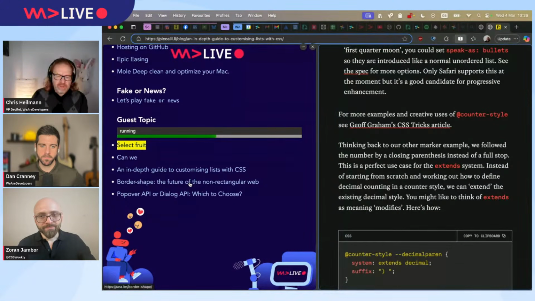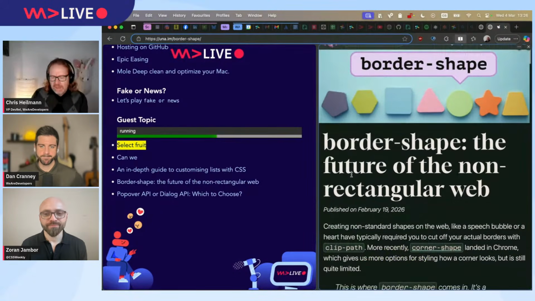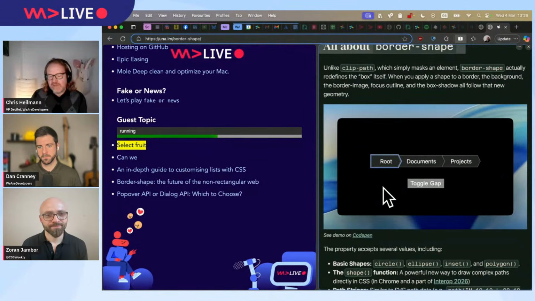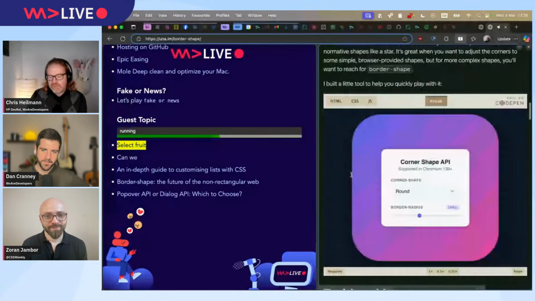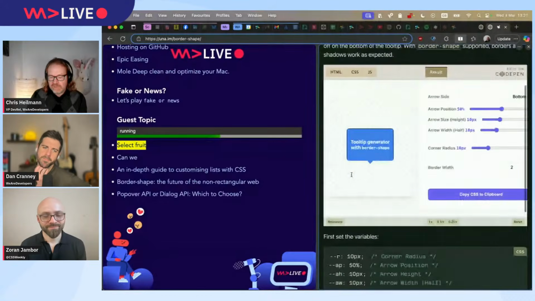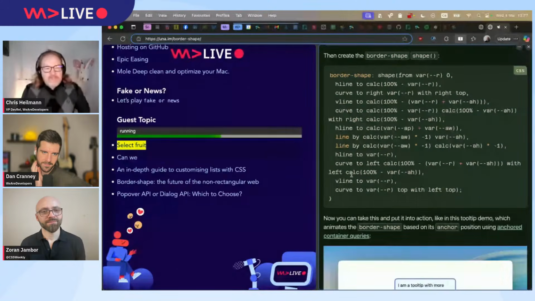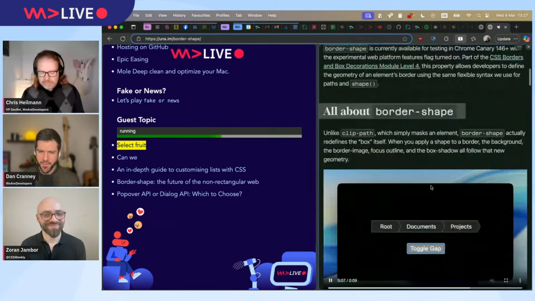Border shape is another thing that just went out, and this was basically Uma talking about that, and I found that really fascinating as well, because that kind of stuff, you had to use SVGs, or you had to do all kinds of extra work. I mean, even people used Canvas to paint things like that rather than just having it in CSS, and now you can actually do a border shape thing. And border shape versus corner shape. So really lots of detail there. That's interesting to see. I remember the old days on that. I was just thinking, seeing those arrowed kind of menu items, I remember doing it. I'm sure you did it as well.